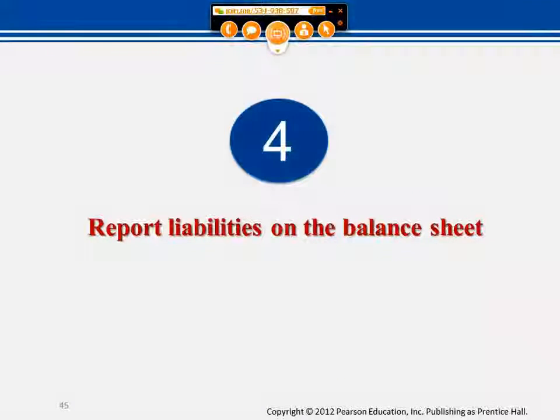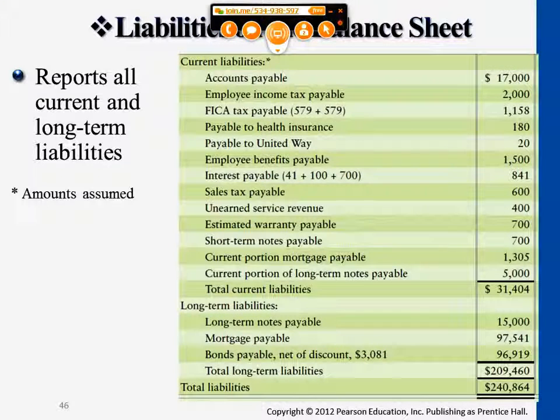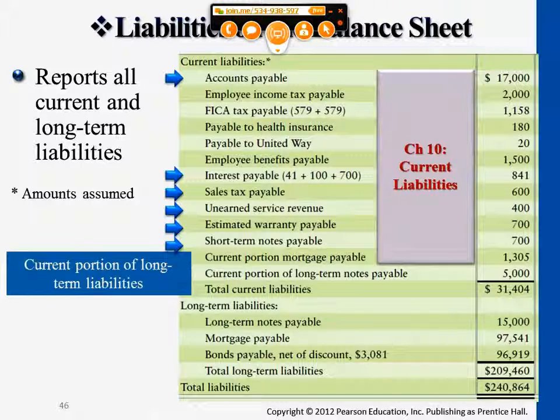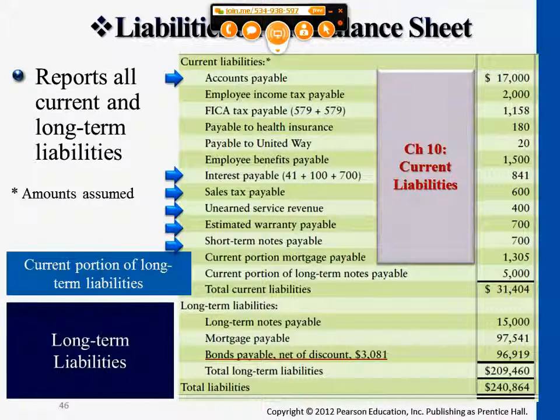Reported on balance sheet. So I'm just going to show a table of financial statements. The liabilities section on balance sheet, assuming these are all the liabilities accounts, and I pointed out the ones that we actually talked about in Chapter 10, and here are the ones that we talked about in Chapter 11. Okay, so all of these fall under balance sheet, the liability section,